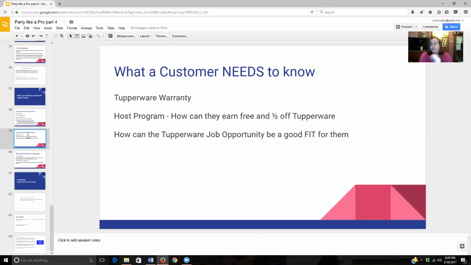recognition and prestige, right? When was the last time somebody said thank you for doing the dishes or thank you for washing my clothes? We want to make sure that these people, whether they're women or men, they know everything they do is important. And so maybe the job opportunity is a good fit for them just because they need a little bit of interaction with other adults. Or maybe they need some recognition and to feel better about themselves. Let's make sure that all of our customers know what that opportunity holds for them.